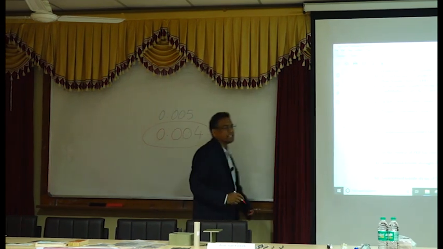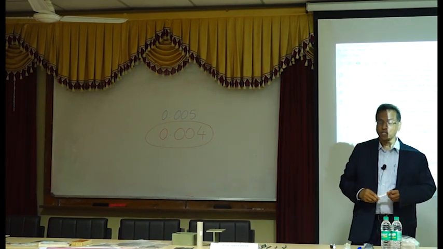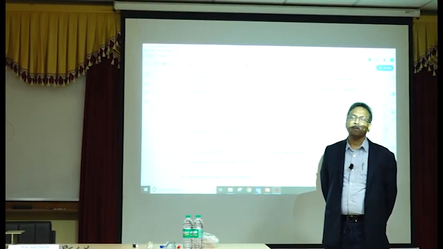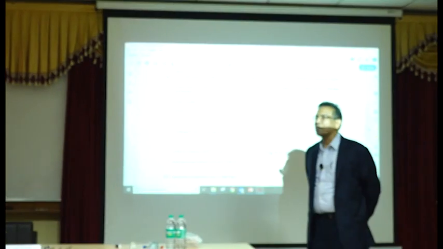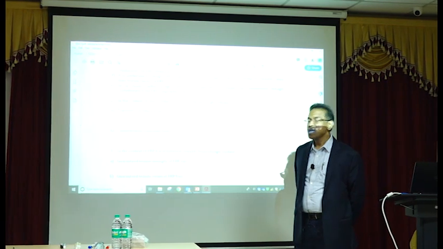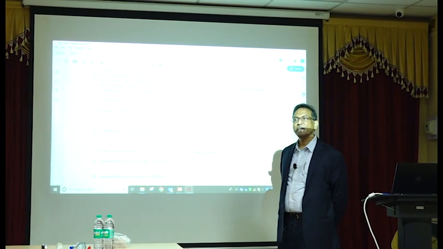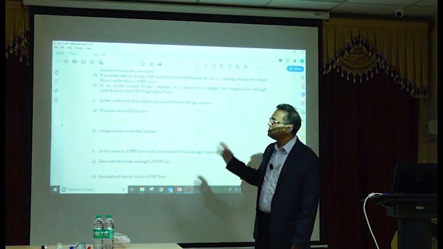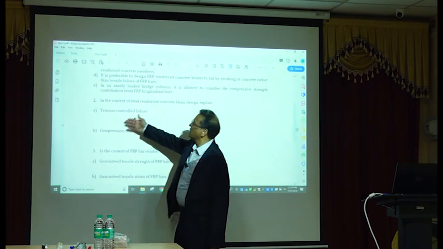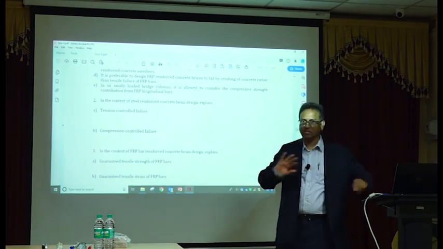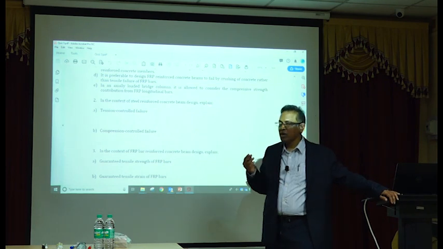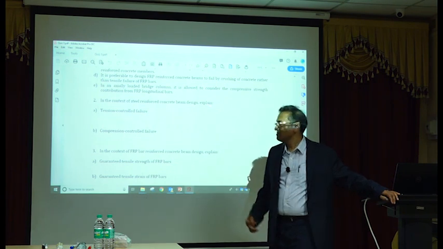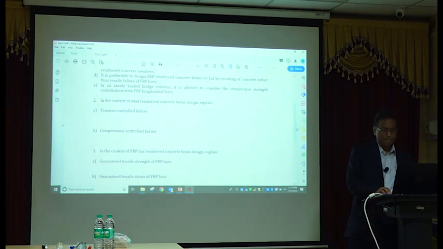The maximum reinforcement is based on strain of 0.004. So your strain cannot be less than 0.004 for beams. Therefore, we will never ever design a new member to be a compression controlled member. However, in columns where there is axial load and moment, beam columns, it may so happen we will use compression control condition. But for new beams, it's not allowed. You have to introduce minimum ductility based on minimum tensile strain of 0.004. Only then we classify the member to be a beam.